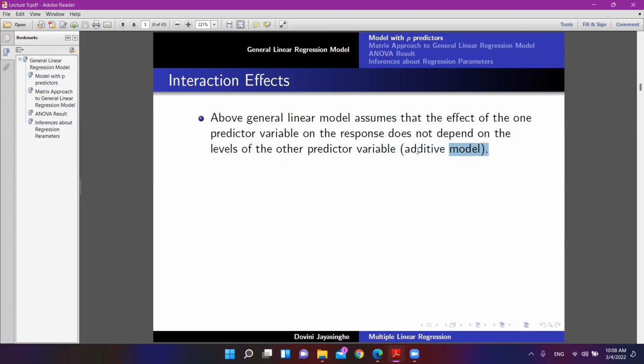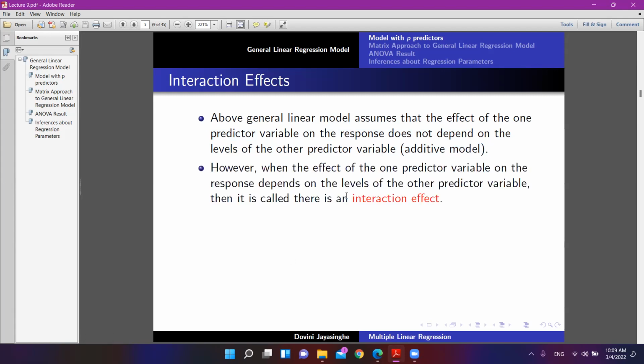That is what you mean by the additive model. If it does, you say there is an interaction effect. However, when the effect of one predictor variable on the response, the effect of some x on y, depends on the levels of the other predictor variable,